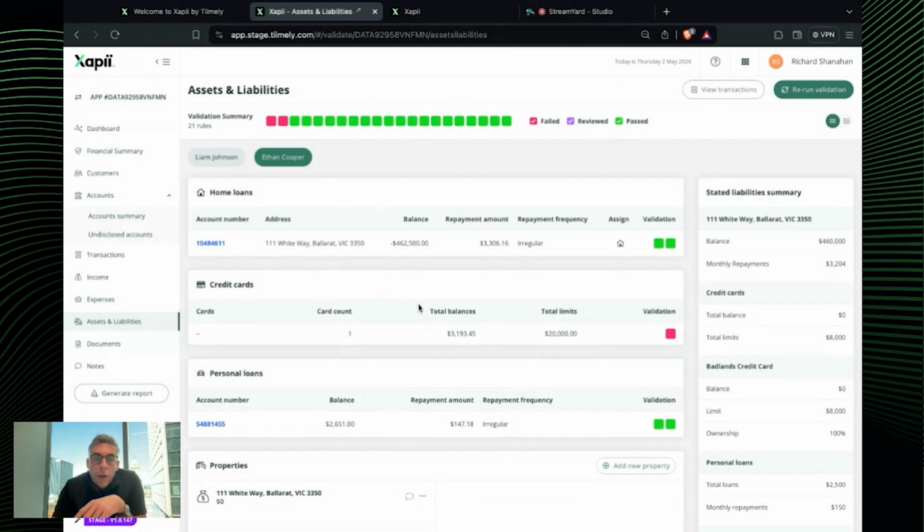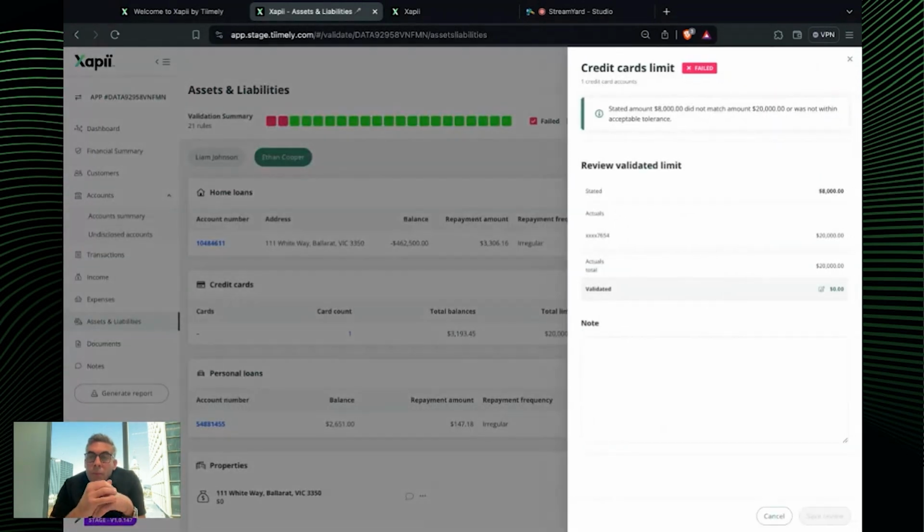So home loans look okay, personal loans look okay, but looking at the credit card here, there is a problem. Now the validation of Xapii has told us exactly what's gone on here. In this case, the application stated $8,000. We found $20,000. You know what? That's outside of my acceptable tolerance. I can now, through reasonable inquiry, have a look at this application and make some adjustments. I might say, you know, it is actually 20,000, reviewed,